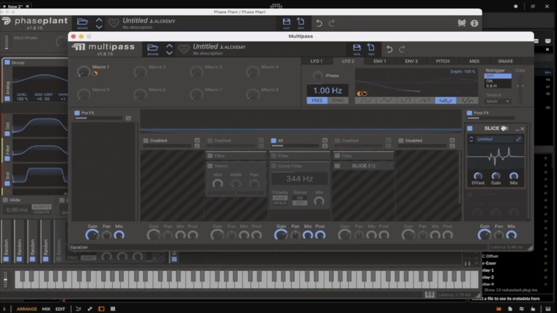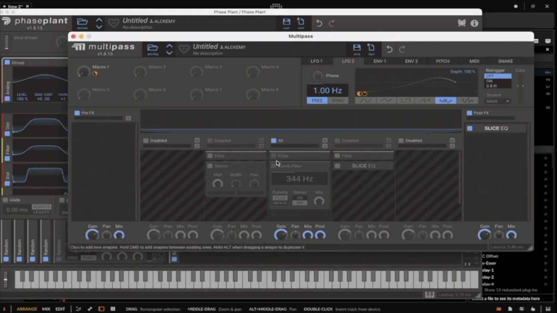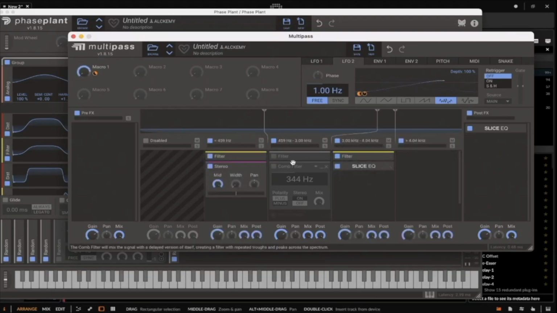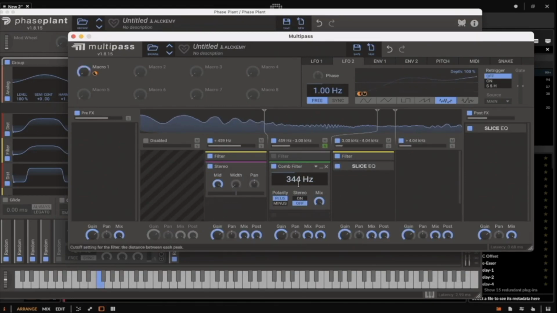Okay, hopefully that was a little bit more obvious, but those are the kinds of things that you want to be considerate of. Now that we understand that, if we listen to what some of these other things can do, which is the phaser, flanger, and comb filter, then you can start to see how these can give you some specific characteristics as well. So if I just focus on this band and we play a sound,